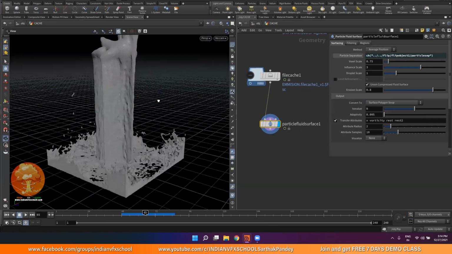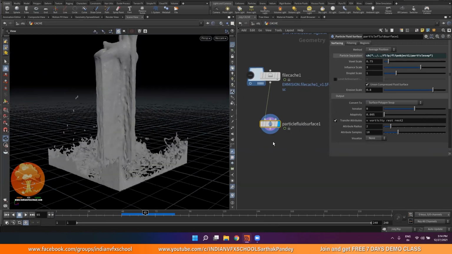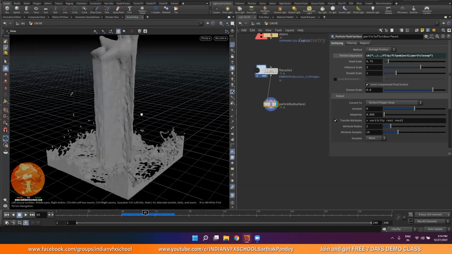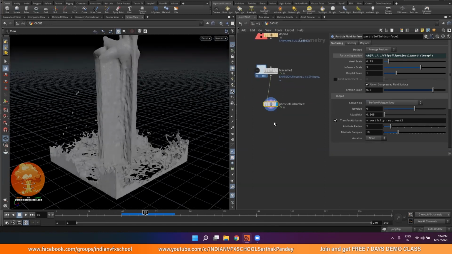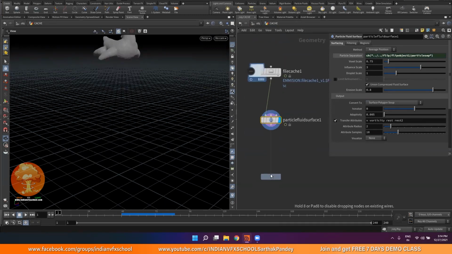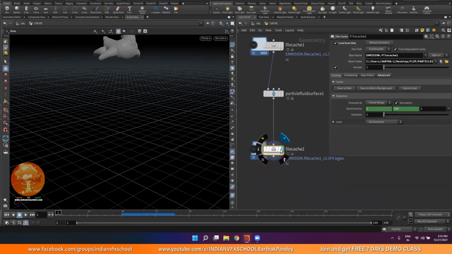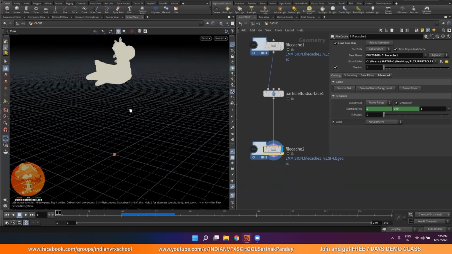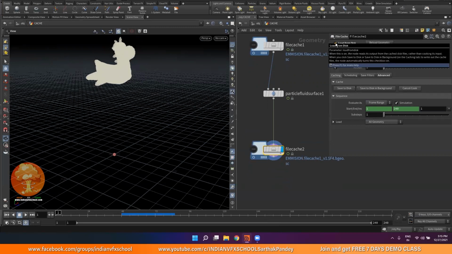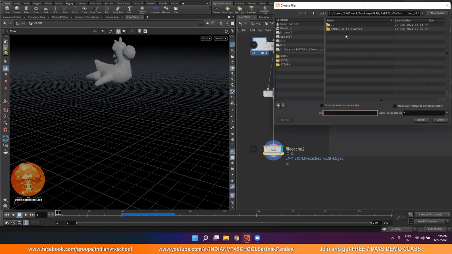It also took a little bit of time, so that's why we need to also cache our flip mesh to the disk. Once again, I can go back and bring down a file cache node. You can make a new one, or I'll just use the same one. If you click on this, obviously it's going to show you particles because it's loading them from the disk. So just uncheck this one, and again I'll go back over here and make a new folder. I call it mesh.